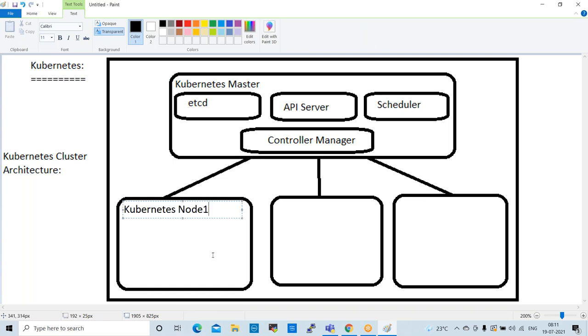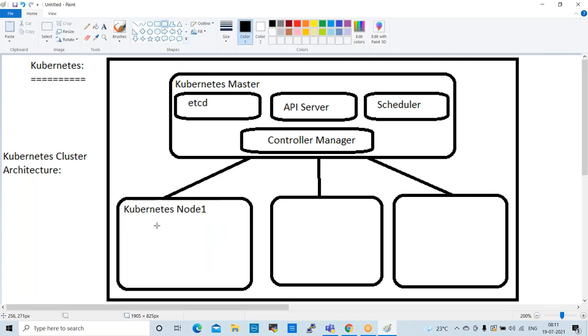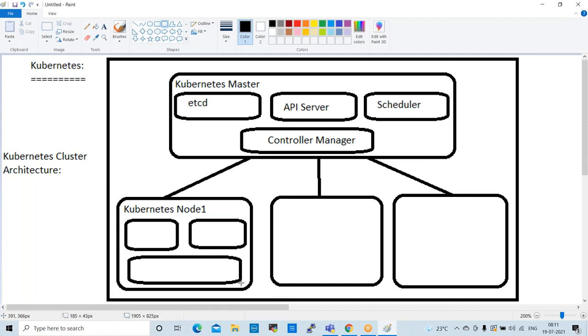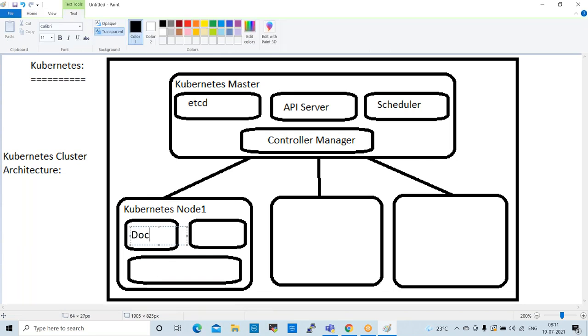node 1. Node 1 has 3 components. The very first component is Docker. Without Docker, Kubernetes will not work.